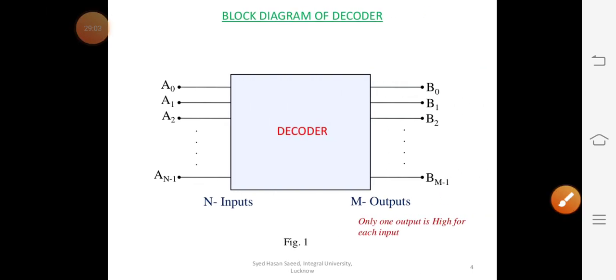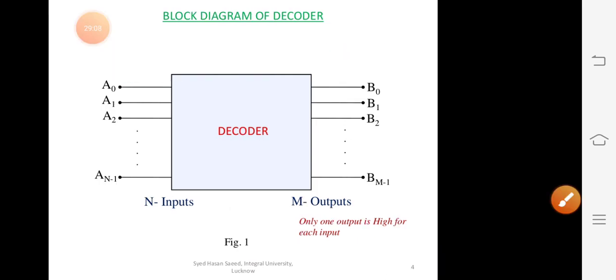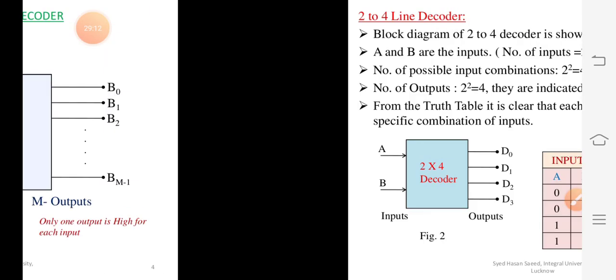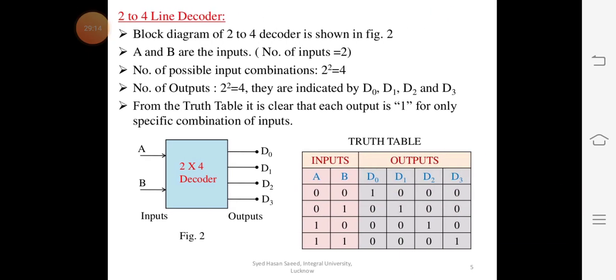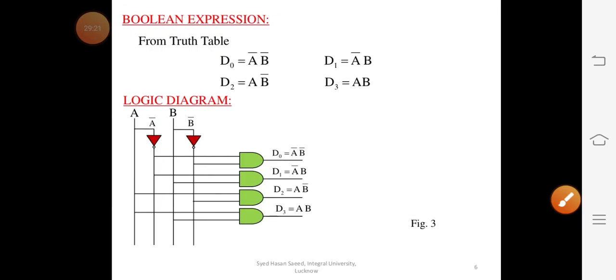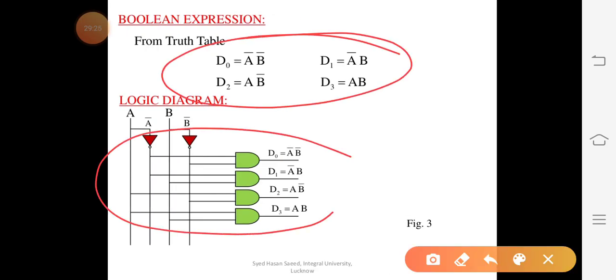After that you have to write everything, like make the block diagram also, ठीक है, block diagram. Then in the exam if this question comes as a long question, then you have to make the truth table also, ठीक है, and you have to clearly state these points. Then this boolean expression you have to write, and the logic diagram. All these, मतलब definition, logic diagram, truth table, and boolean expression, all the things you have to write. So this was enough for today, decoder.